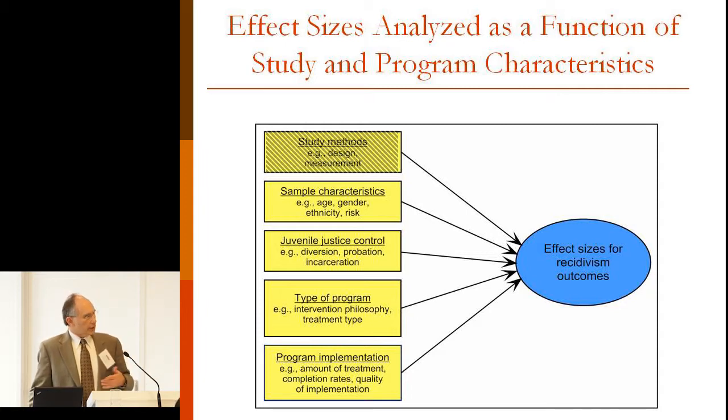We do, again, multiple regression type analysis in which we're looking at the effects on outcomes as a function of the study methods. I kind of grade that out because that's a statistical control variable. It contributes a great deal, incidentally, to the outcomes here. Characteristics of the samples, juvenile justice settings and level of control, type of program, of course, and implementation and dosage